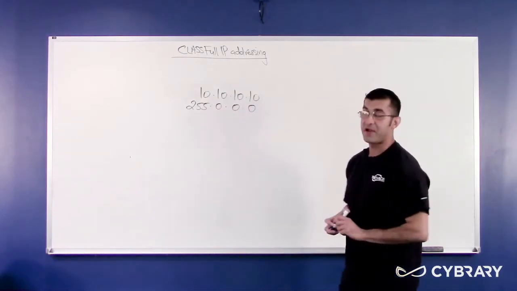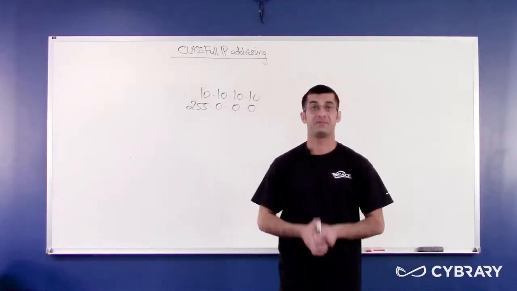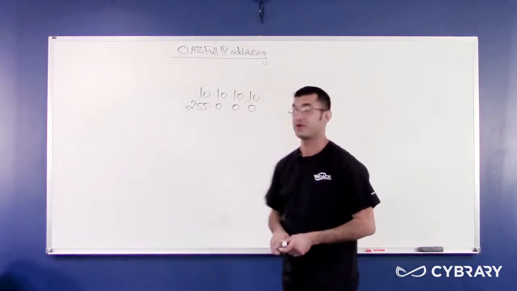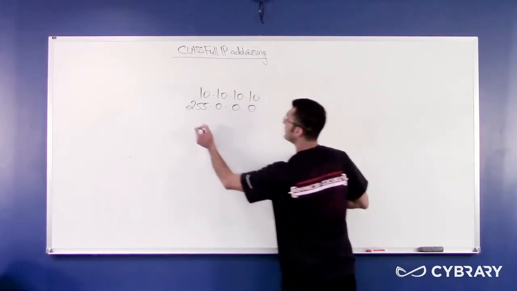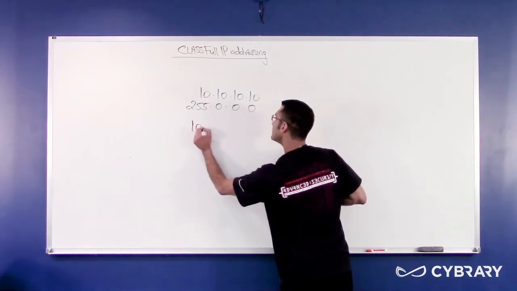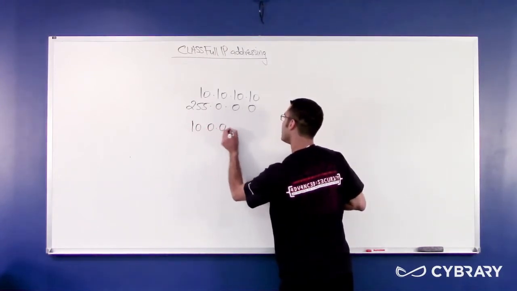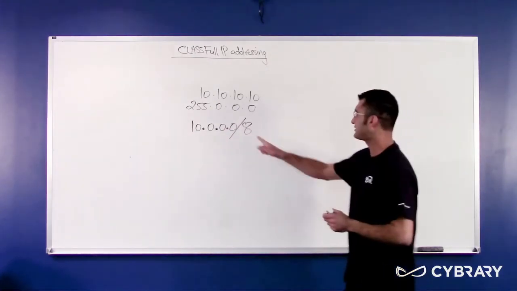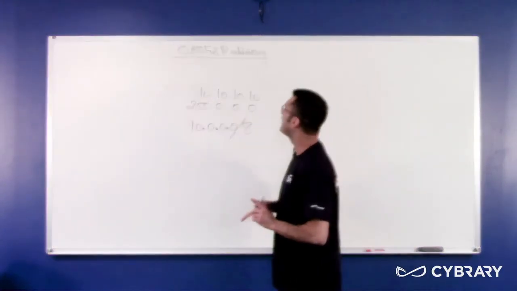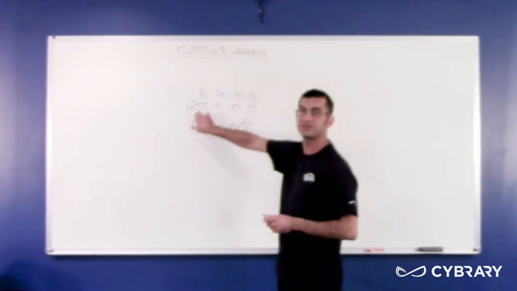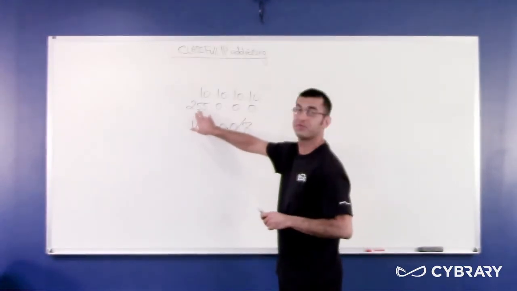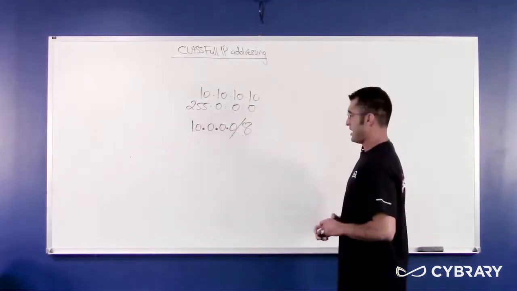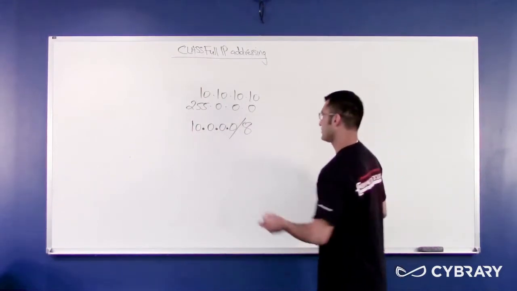255.0.0.0. So if I were to ask you just for the street name, just for the network address, you should say it is 10.0.0.0/8. Why /8? Because only 8 bits total are turned on in the subnet mask, meaning the whole first octet. Now, the first valid address in this case would be